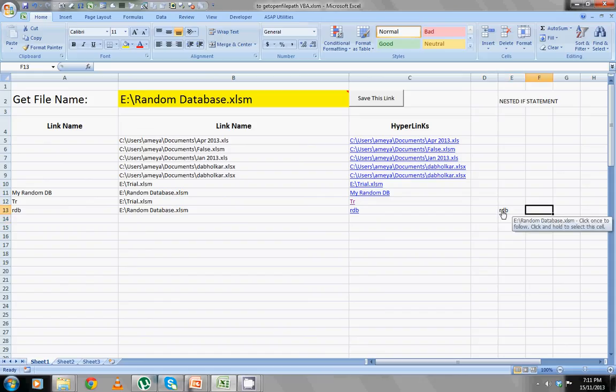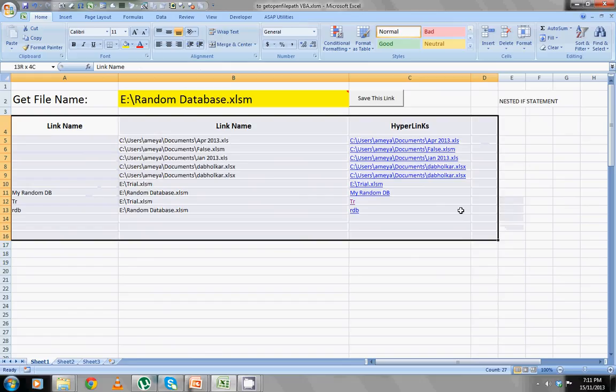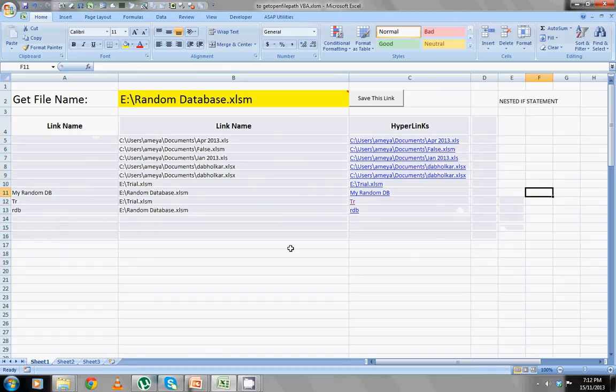You can also customize this, basically like inserting a serial number here, or you can transfer this to the next sheet. You can make a custom dialog box here to justify the link name or not, or you can do lots of many things with this GetOpenFilename. Also you can use it in user forms and in many other things. You can just create it here and save. Okay, that's all, this application is made.